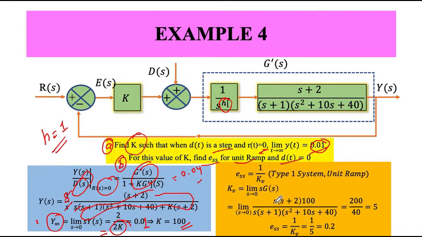So for these two values h and k, I want to find out the steady state error for a unit ramp, assuming my disturbance is 0. So this is again a type 1 system and I have an input which is unit ramp, and I know the error is definitely not equal to 0. It has some constant value. So let's compute what is the constant value. So the steady state error is 1 by kV. kV is the velocity error constant, and what is kV? kV is the limit as s approaches to 0